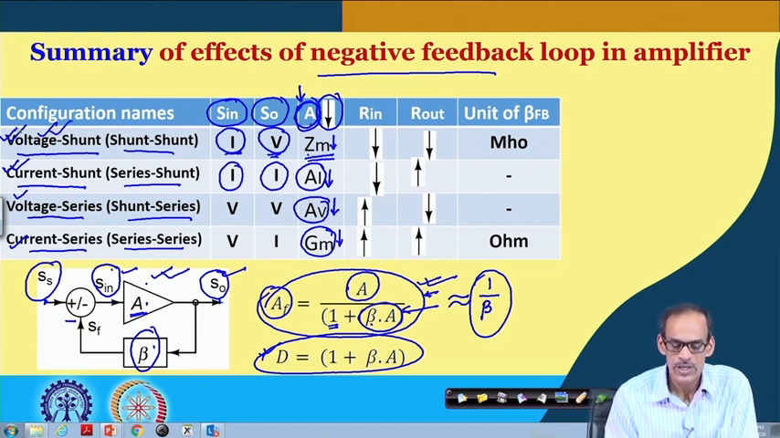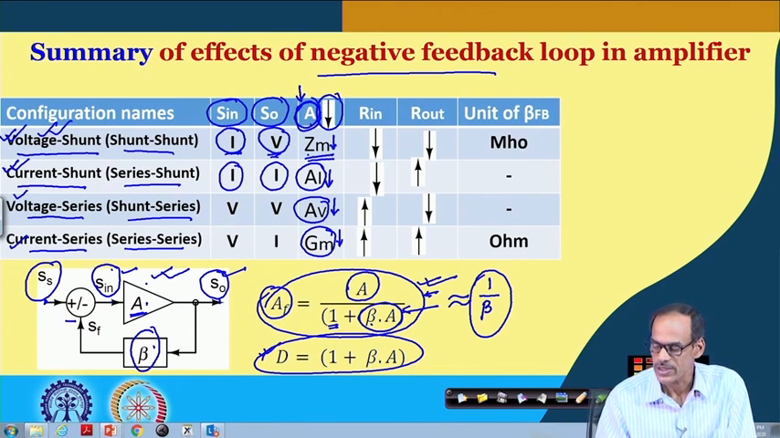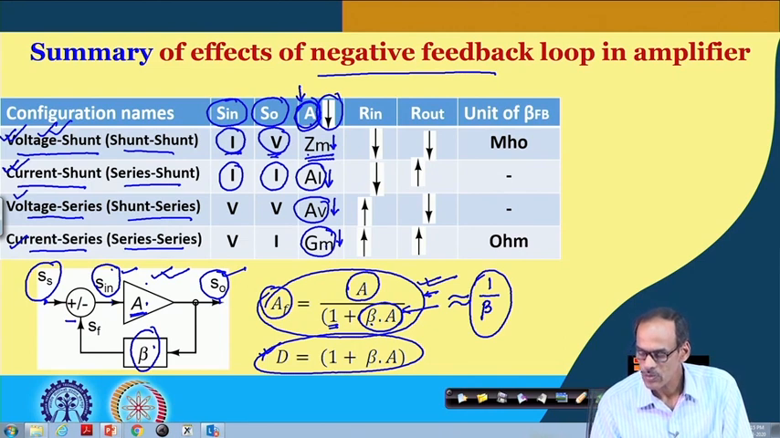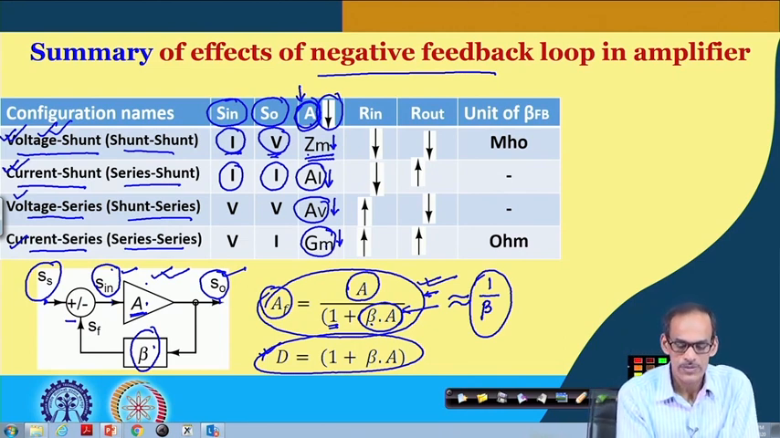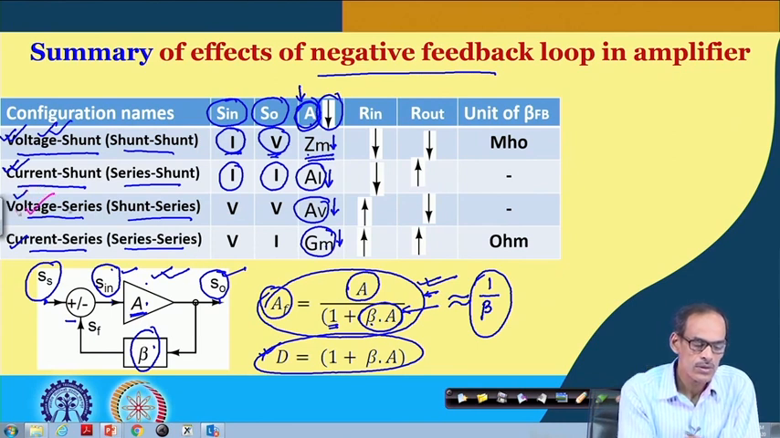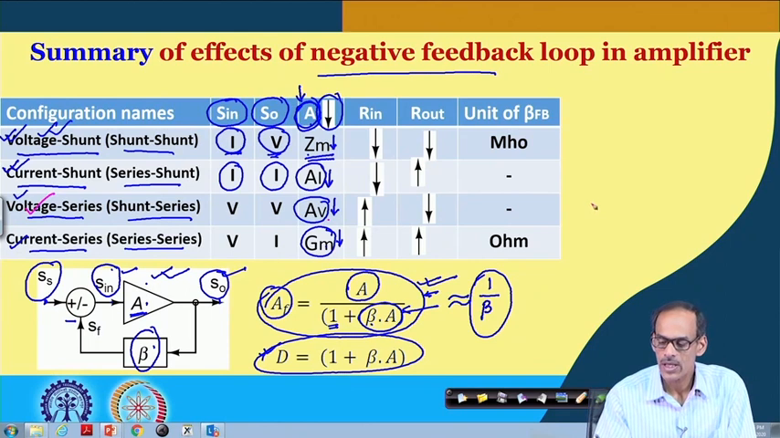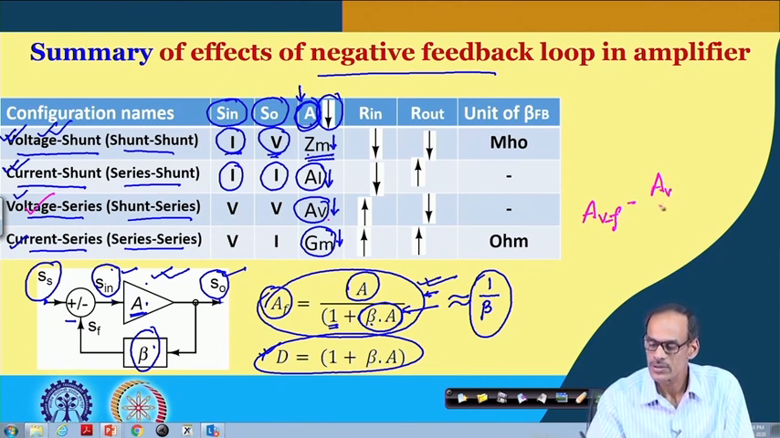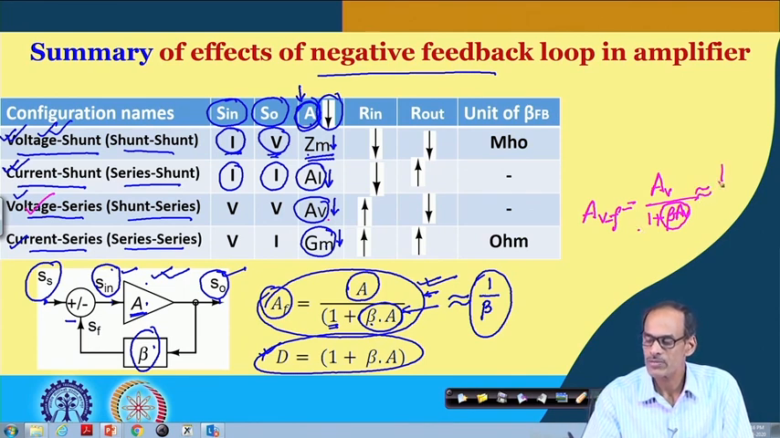On the other hand, if we want to stabilize the voltage gain, then we should be selecting the corresponding configuration here. So, the corresponding AV of the feedback system, if I call it AVF, is getting converted into AV divided by 1 plus beta into AV. And again, if I consider this is much higher than 1, this can be well approximated by 1 by